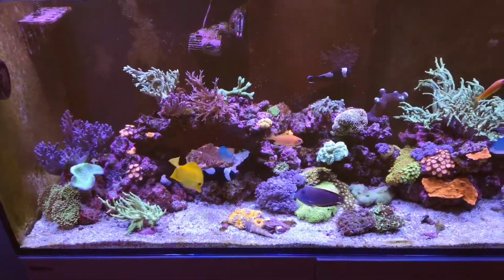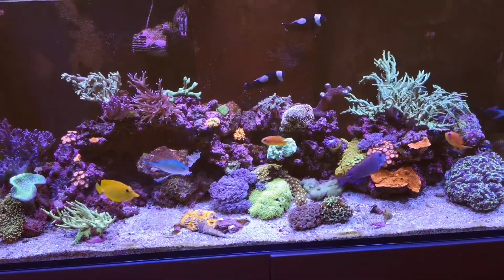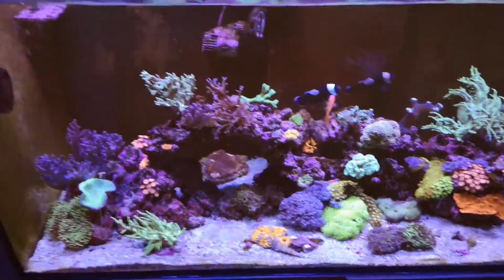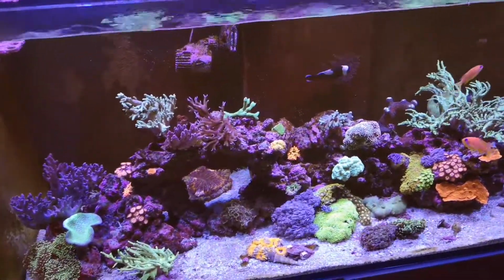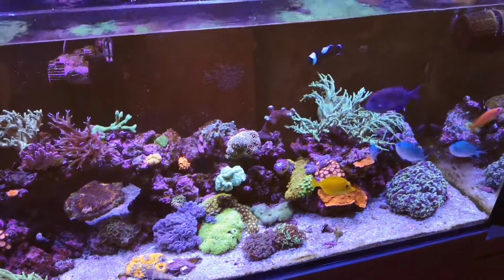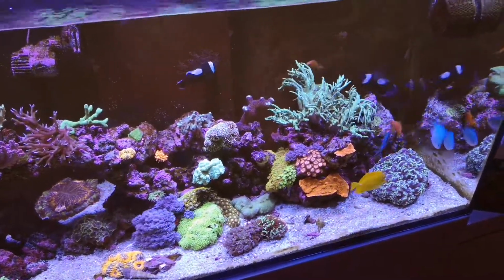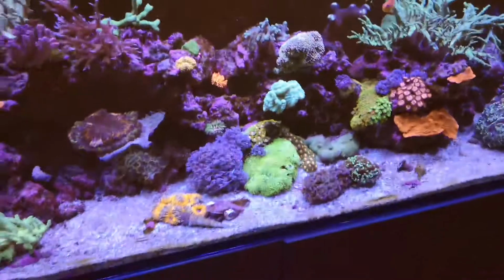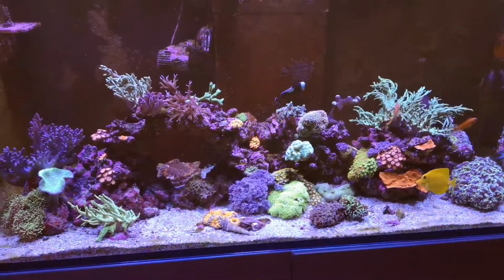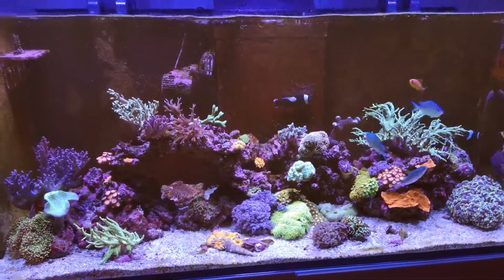Couple of issues, mainly the parameters really. Usually I swap my salt over from the Coral Salt by Red Sea, and now we're going on to the Tropic Marine Pro salt, which is obviously a little bit less in the nutrients, and I think it's thrown my system off a little bit. Usually it always runs around 9.4, 9.3, but I've been testing it over the past week or two, and it's